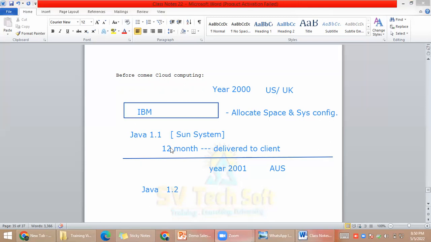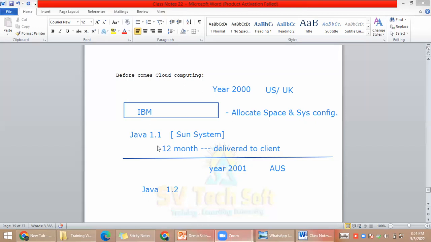This IBM company can't be asked, "Sun System, can you please replace my system?" No, this company is also doing business, right? This company is also looking for more money. Understanding or not? For example, if you purchase a washing machine this year, and next year a new version comes with new features, new configurations, some artificial intelligence, you cannot go and replace the product, right? They expect some money. If you purchased this product for 1 lakh and you return it, you get only 10,000. Always old is old.